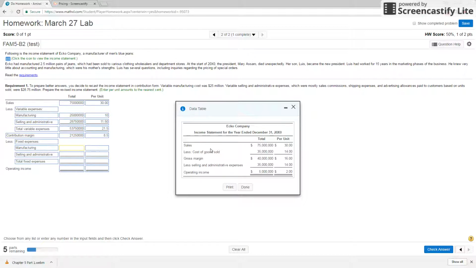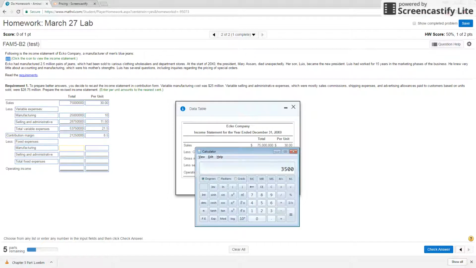We know that the total of the variable manufacturing plus fixed manufacturing should be equal to the cost of goods sold. So $35 million minus $25 million, $10 million as the